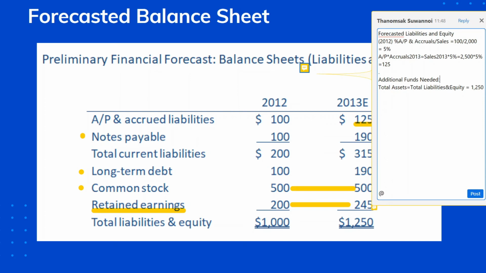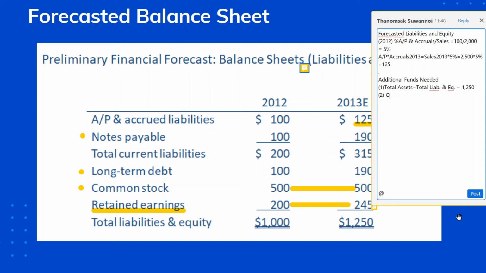We know from the balance sheet relationship that total assets are equal to total liabilities and equity. So on the liabilities and equity side of the balance sheet, we have the total amount equal to $1,250. Then we notice that the operating liabilities, which are accounts payable and accruals, are equal to